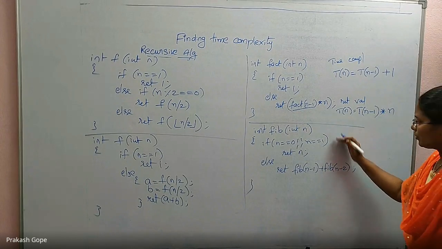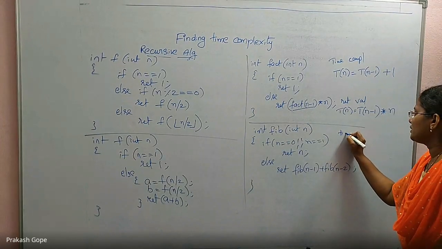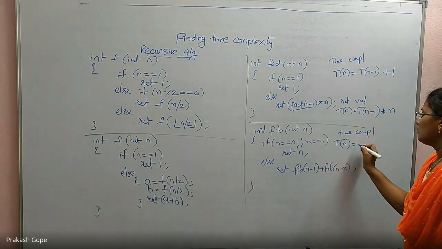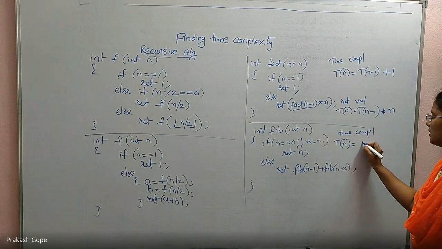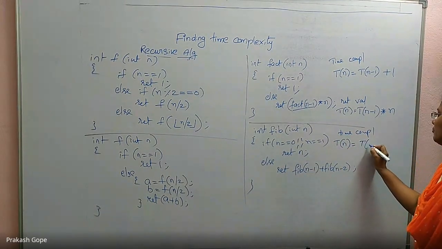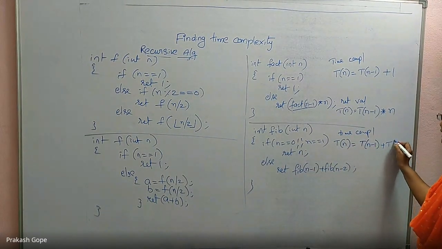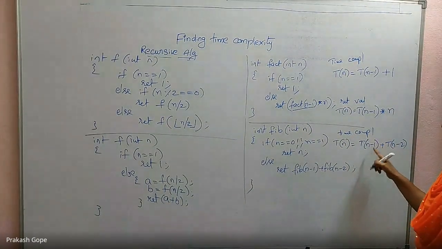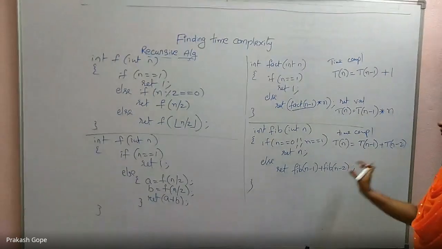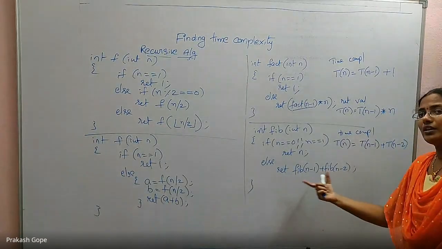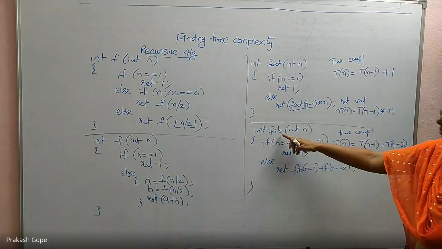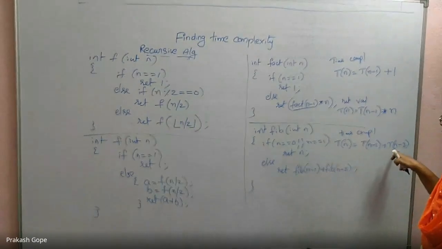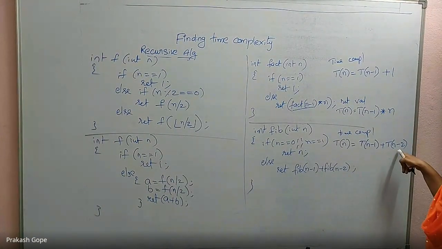Then for this Fibonacci, the recurrence relation for time complexity: the time taken by this function when n is passed is the time taken by the same function when n minus 1 is passed and when n minus 2 is passed. Time taken for this plus time taken for this, because these are two recursive calls, the same function. It's not a different function, that's why T of. But what you passed matters, T of n minus 2.